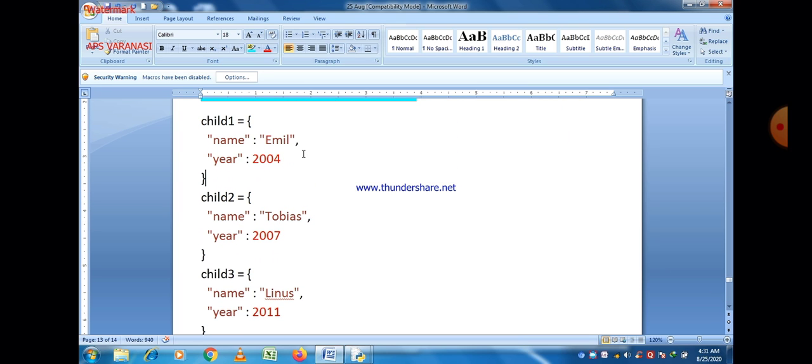Child 1 contains two data items related to name and year. Child 2 again contains two data items related to name and year. The third dictionary contains data items related to name and year again. So now we have three dictionaries: child 1, child 2, and child 3.